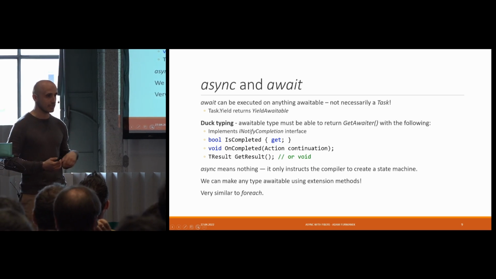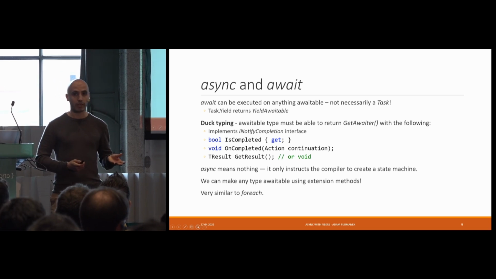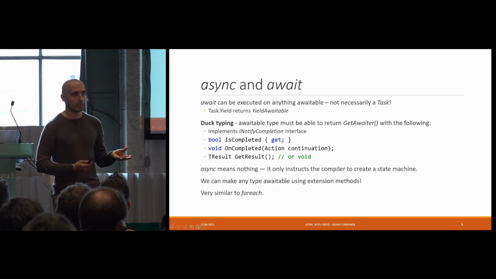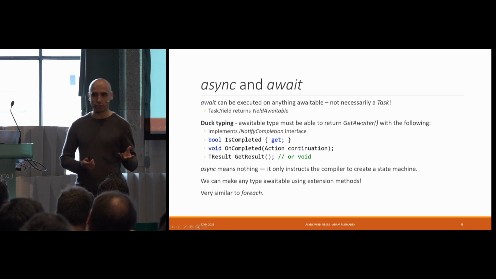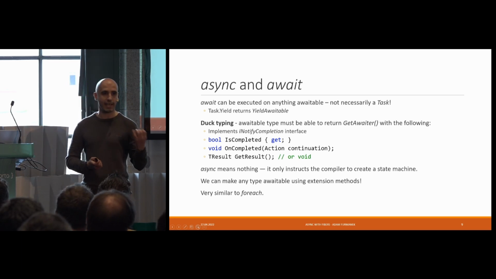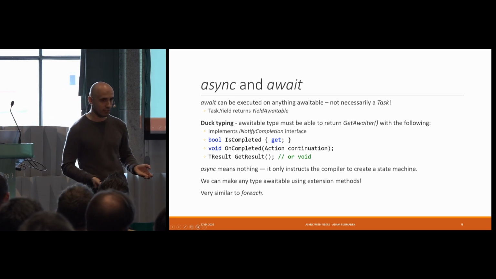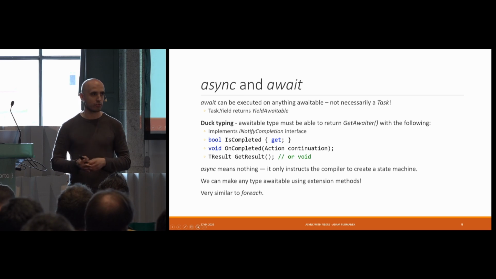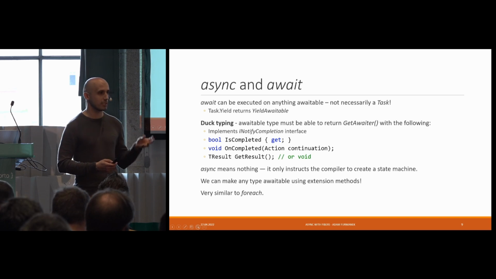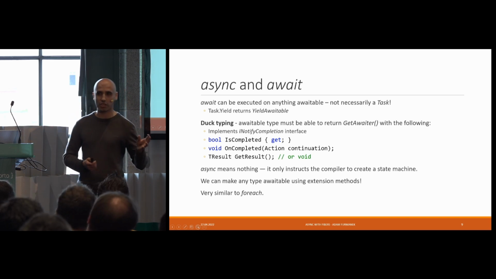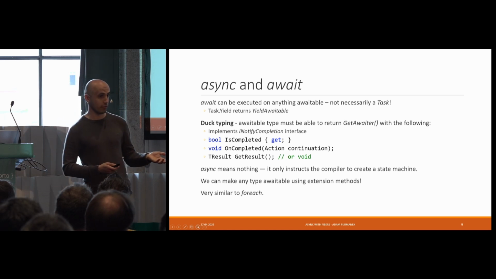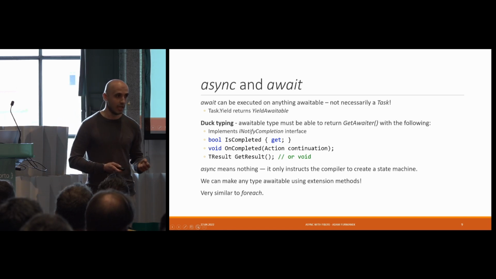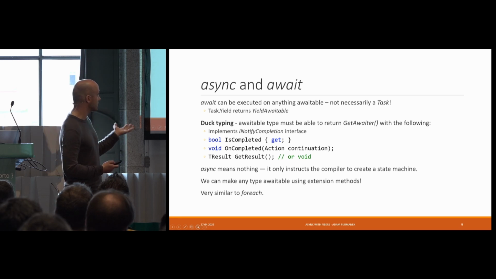First thing is, you can await anything which is awaitable. It's very similar to the foreach loop. You do not need to have any IEnumerable, IWhateverator on top of the collection you'd like to enumerate over. The only thing you need to do is use duck typing. If the collection gives you MoveNext and Current, then you can do foreach over it. There is no interface needed.